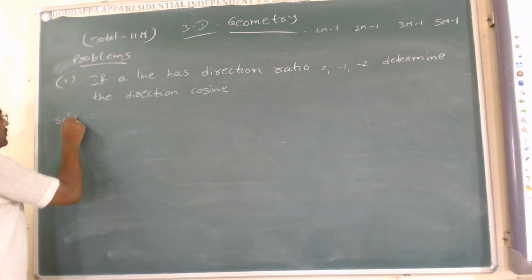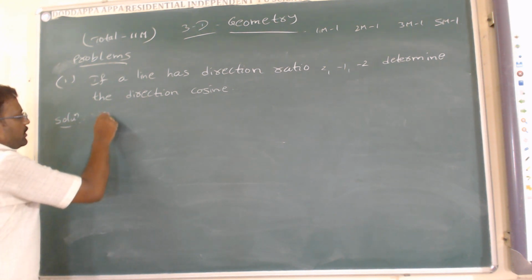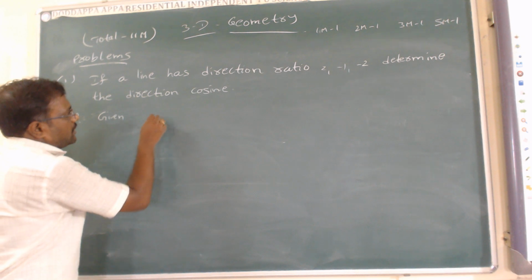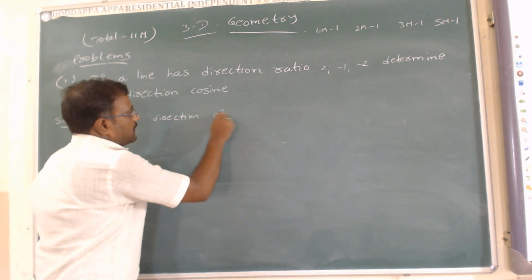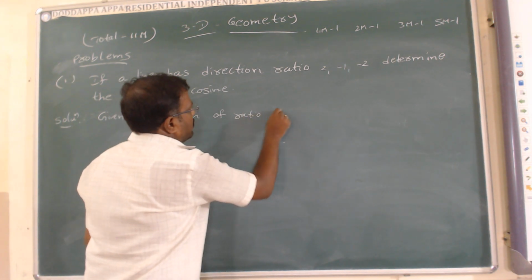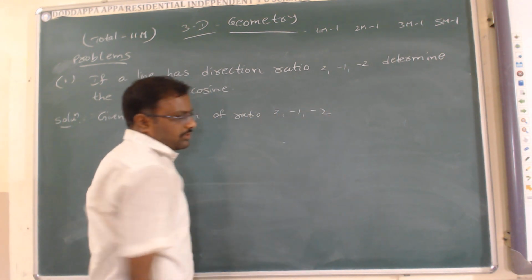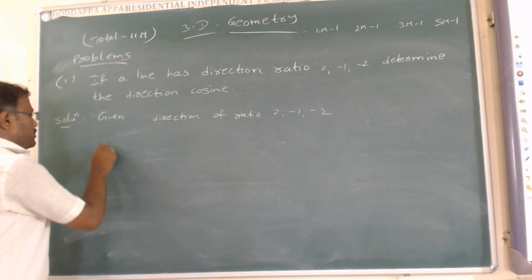Okay, so we know here, first of all you have to write what they given is direction of ratio is given. What is the direction of ratio? 2 comma minus 1 comma minus 2, and we know that direction of cosine formula,